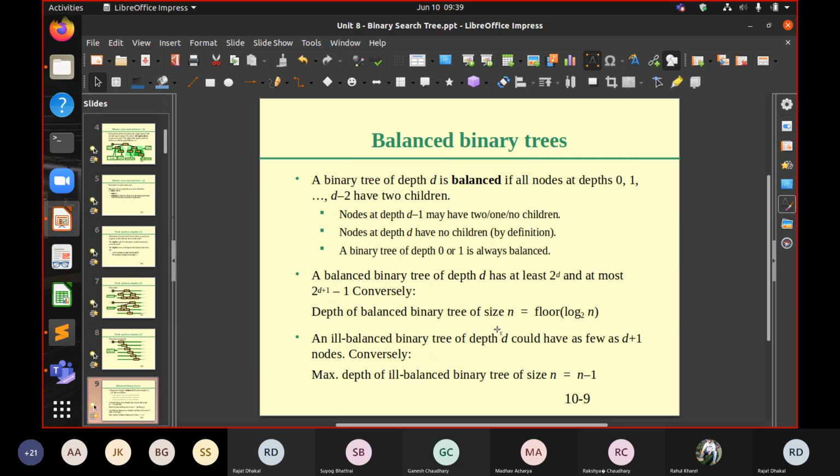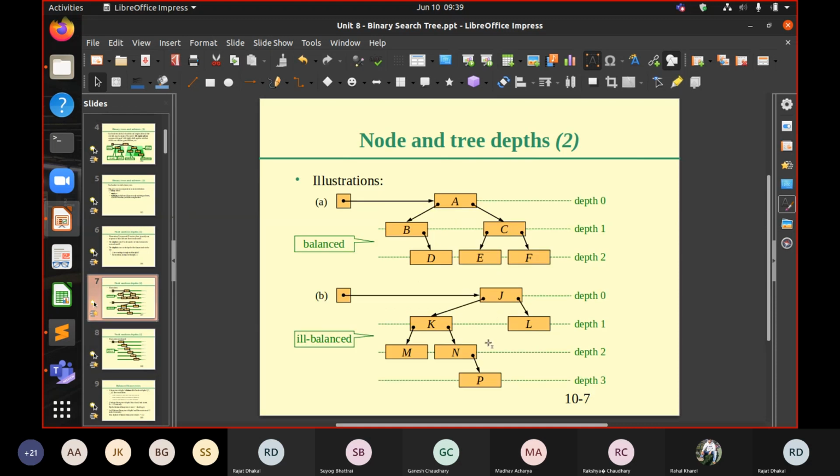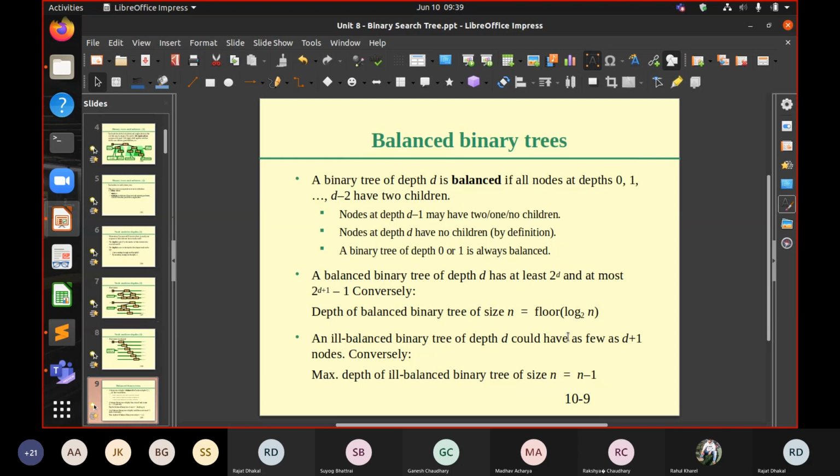An ill-balanced binary tree of depth d could have as few as d plus 1 nodes. As few as d plus 1 nodes. So it has depth 5 and it has 6 elements. As few as, you can see that. It has depth 3, it has as few as 4 nodes. Maximum it hasn't said, but minimum, d plus 1. It has as few as d plus 1 nodes. So